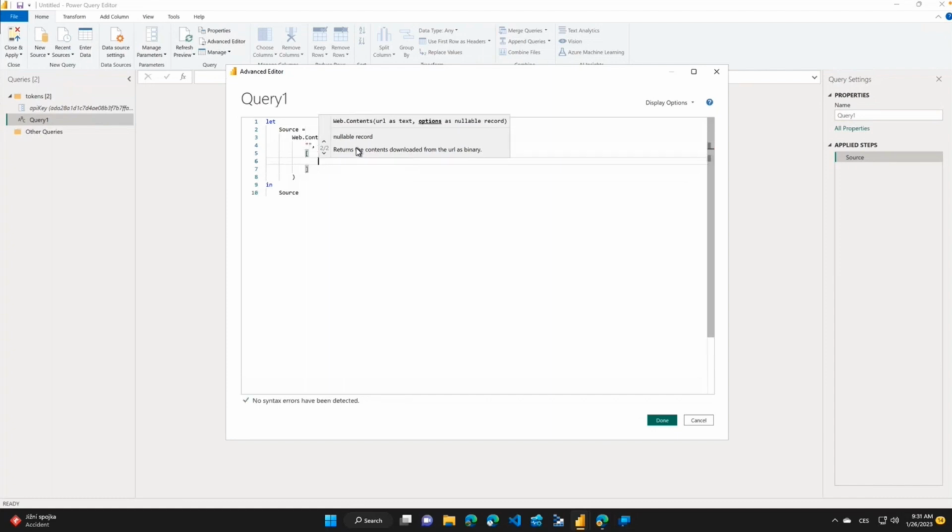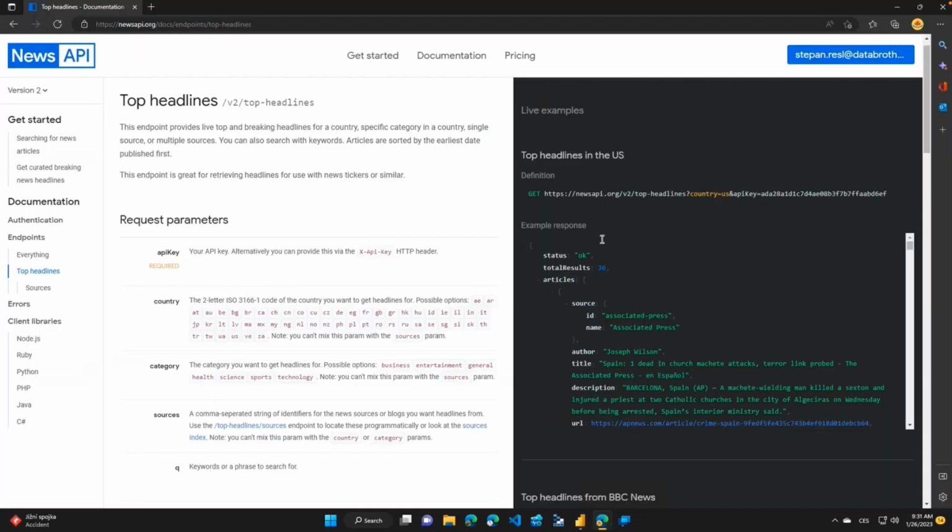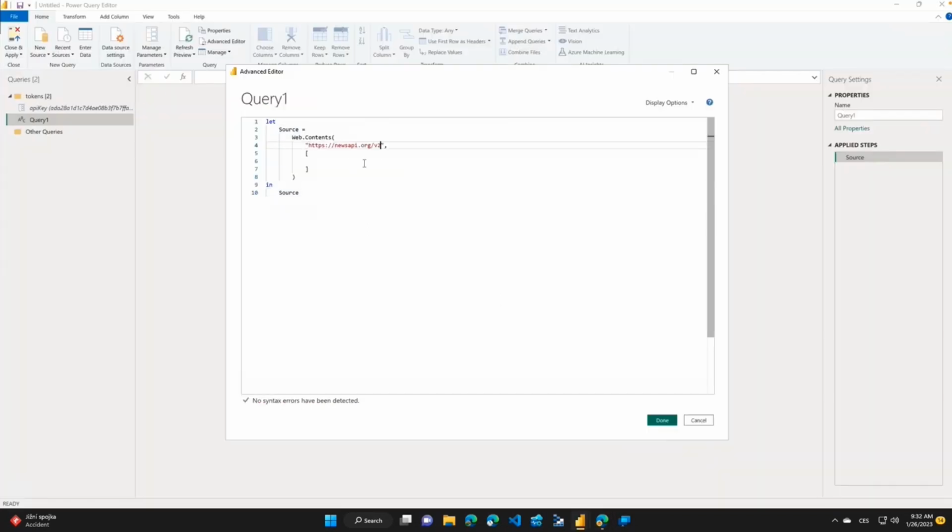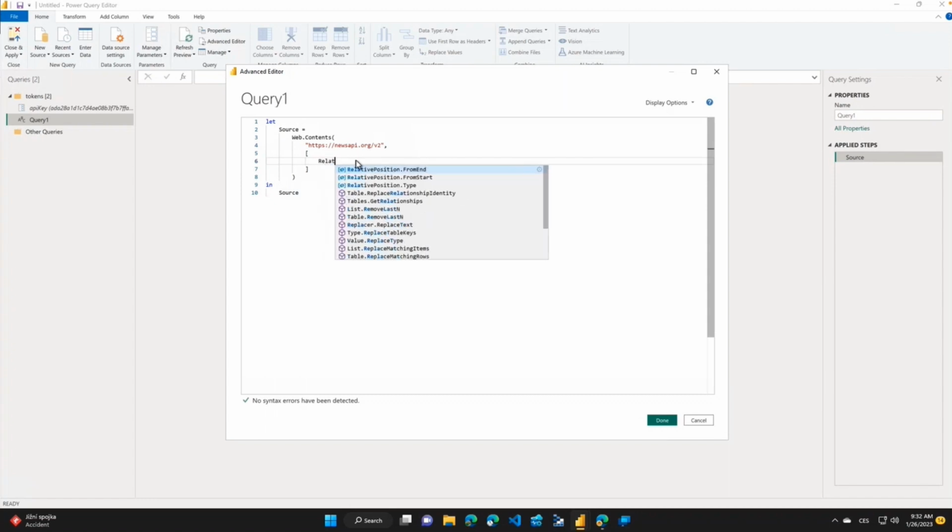So we will prepare the record and we will push here inside the Web.Contents our URL that will be newsapi.org/v2. I told you it's a base URL that will not be changed, and it can be very usable for us when we would like to set authentication against the whole News API and then just be providing other parts of the URL. So, the other part will be represented by the relative path,